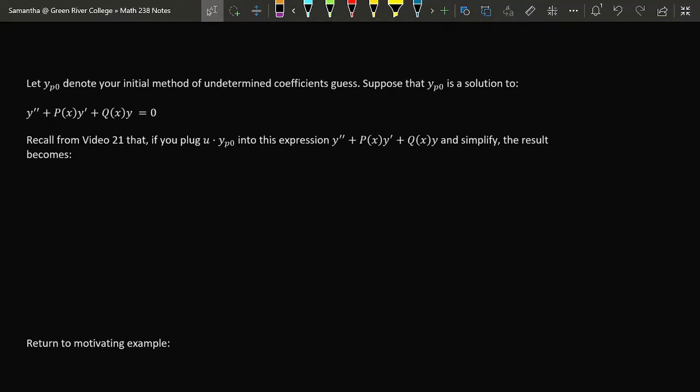But as it turns out, your yp0, your initial guess at a particular solution, turns out to be a solution to the complementary equation. If you plug it in, you get 0 as a result. Suppose that that's true. Well, we saw back in video number 21 that if you have a solution to a homogeneous ODE, like yp0 in this example, and you multiply that function by something else called u, and you plug it into this expression on the left side,